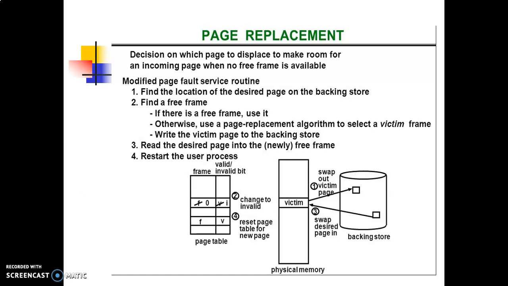Before discussing these techniques, we should be clear about page replacement. In this slide we can see what is basically page replacement. When a page fault occurs in a virtual memory system, it signifies that a page referenced by the CPU is not in the main memory. Means a new page is then transferred from auxiliary memory to main memory.